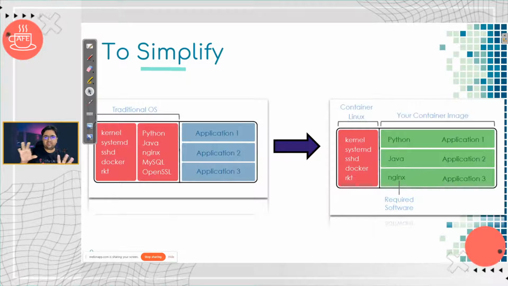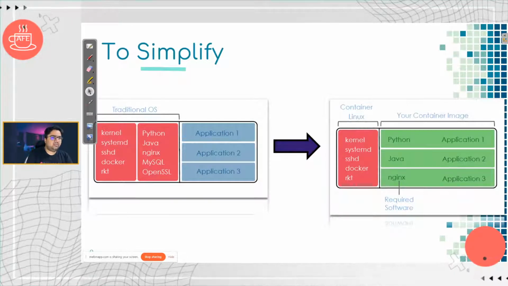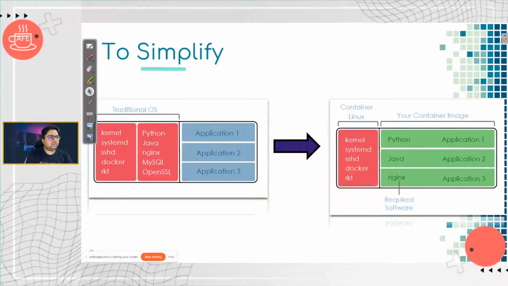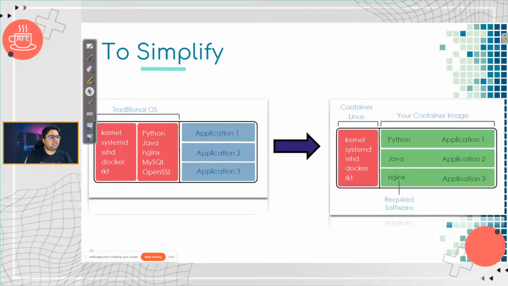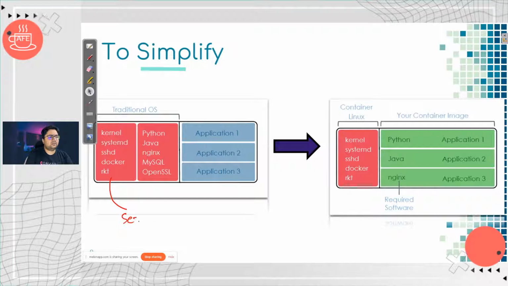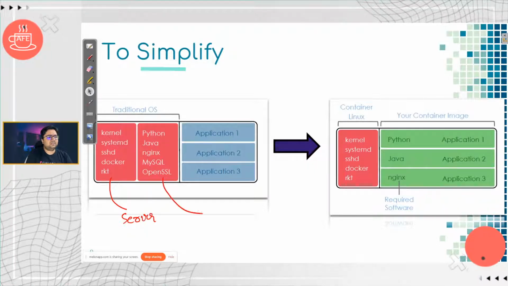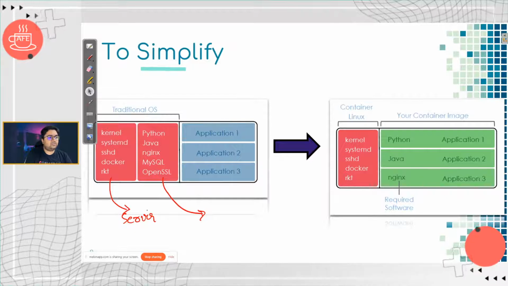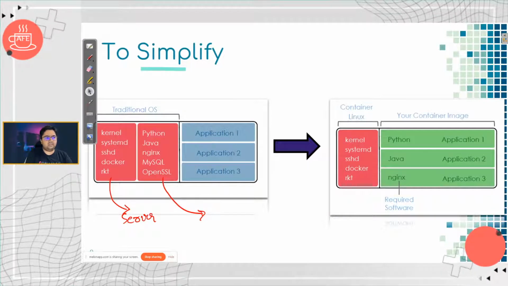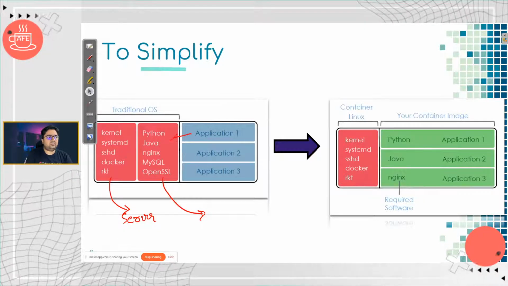So to simplify this whole game, what am I talking about? When you have a traditional OS, this is how it works. You have the machine, this is the server. This is what the software needs to run. Maybe it needs Python, Java, a database, and your application uses it.